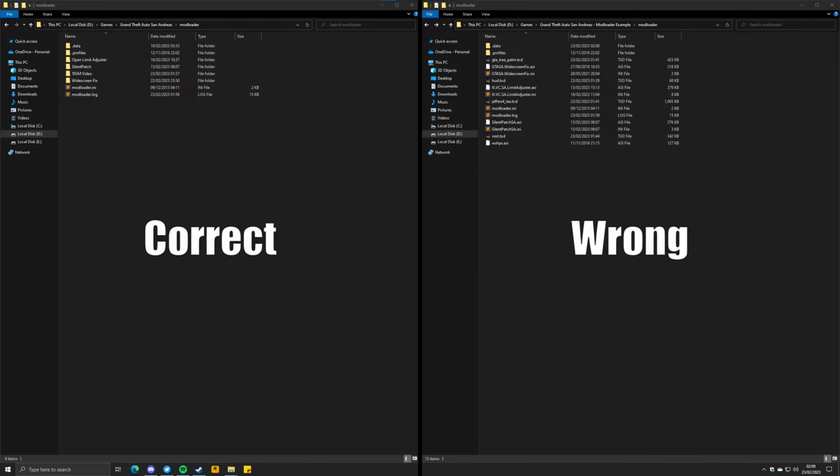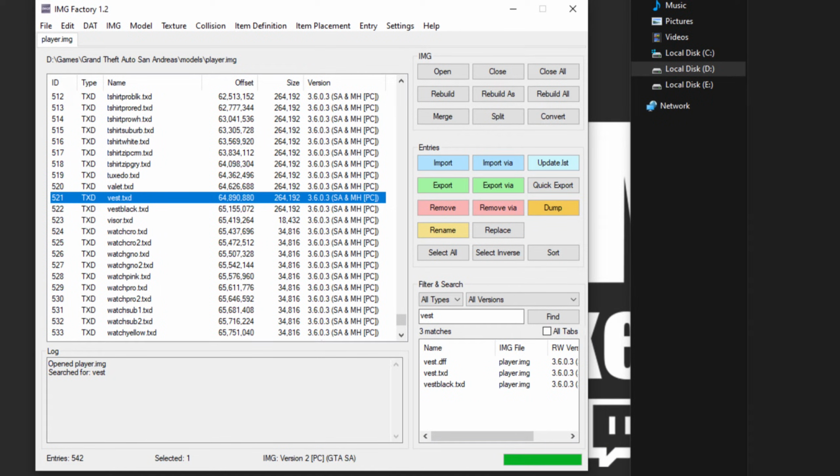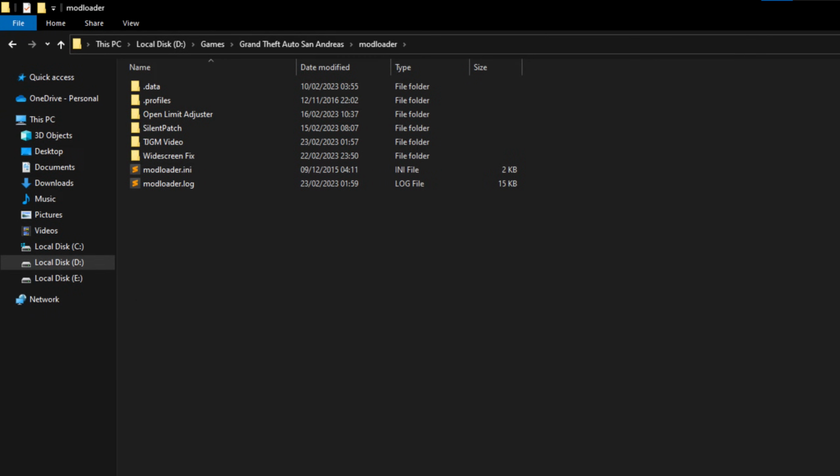ModLoader won't load files that aren't in a mod folder, so make sure you put them inside a folder, typically named after the mod. On top of this, as you've just seen, it can load individual files outside of their respective IMG archives too. So a TXD archive that normally exists in an IMG archive can be loaded without touching the IMG archive by loading it via ModLoader instead. ModLoader for San Andreas can load every single file type that the game uses. This includes ASI plugins, as you know, and Clio scripts.